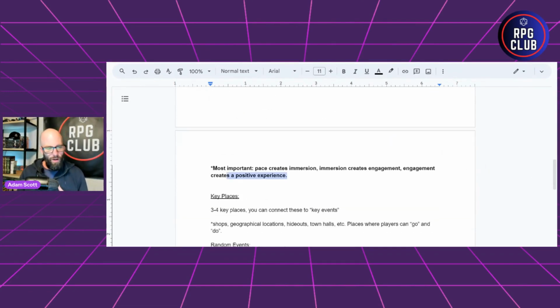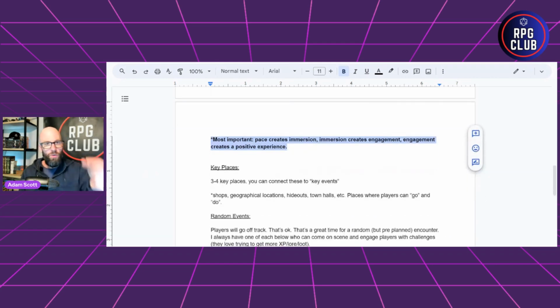So I try to keep in mind, remember this, pace creates immersion. Players want immersion. So it's not so much important as to what decision the players make, but that we as dungeon masters, game masters, give the players a chance to make a decision, because then the action can proceed. If players are not able to make decisions, it's not a role-playing game. It's just story time. And the dungeon master or game master is sitting there saying, well, here's what's happening. And players are like, that's great. That's when people get their phones out and they start feeling frustrated and bored.